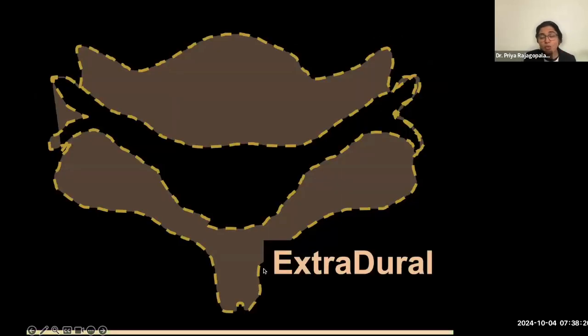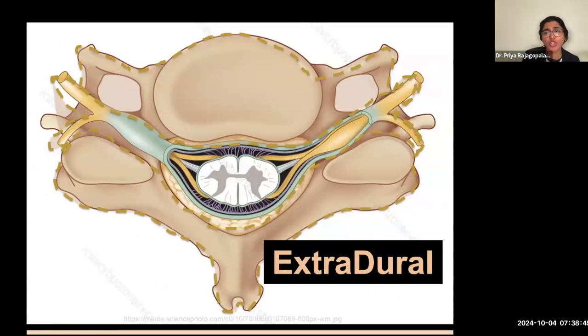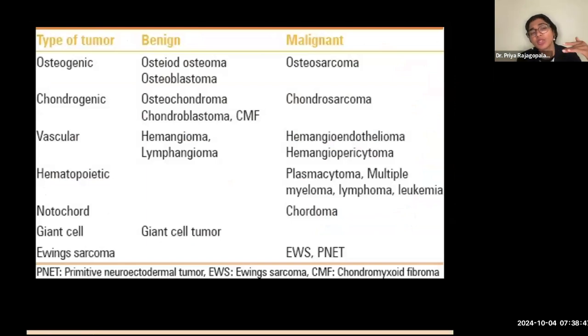And so that was the second bucket of tumors, right? The extramedullary but intradural location. Now we have the dura. Now I'm going to talk about everything outside of the dura. So everything extradural. The major anatomic structure is going to be the bones, right? The osseous ones. These are going to be the extradural tumors, and depending on the origin cell, it can be